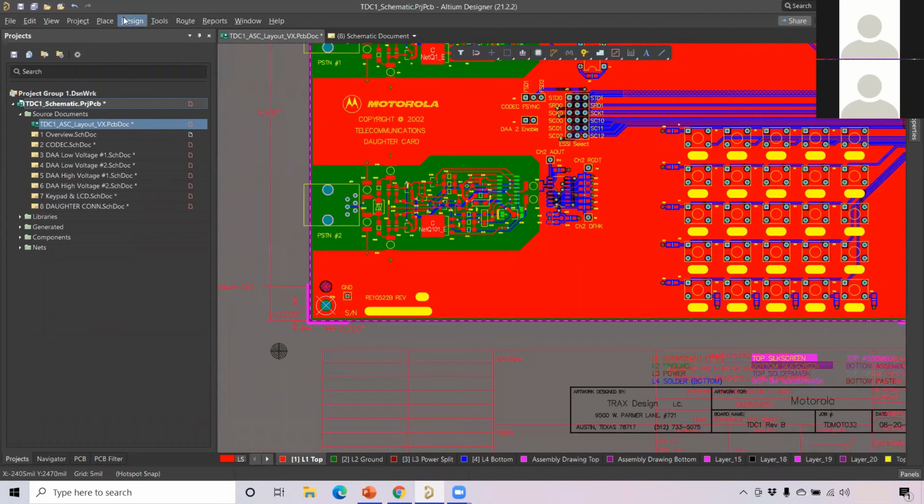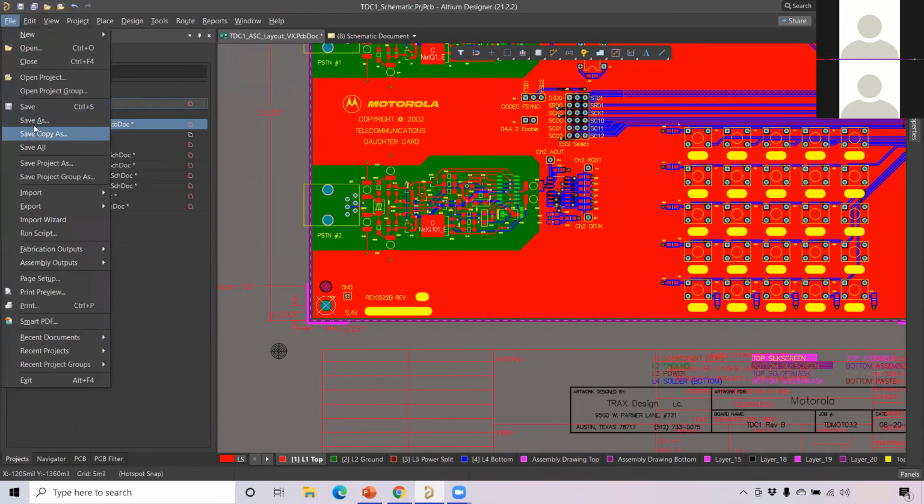Go to design, import changes. Difference detected, but no ECO generated, meaning there are no remove pins on the nets. Just click OK. So we have done all the changes. Now my project is perfectly inside Altium. Now you can generate the Gerber output, or do further changes in your project. The total project is now inside Altium. It's like an Altium project, and you can work on it, do any changes or updates, or generate the outputs. Let me go to file and then save all.